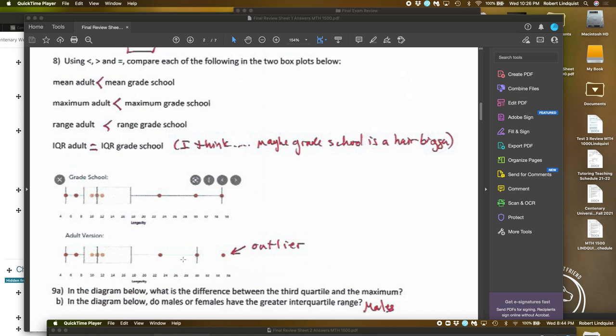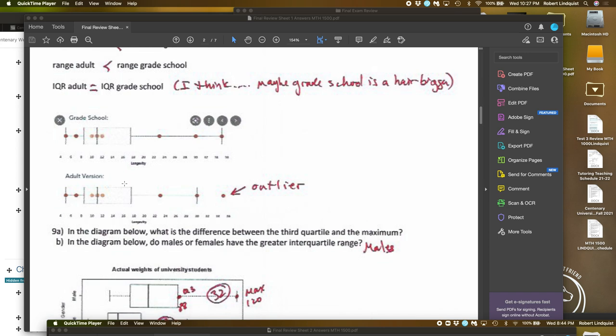Maximum adult is definitely lower than the maximum grade school. The range of the adult, that's from here to here, is definitely lower than the range of the grade school. And the interquartile range, boy, that looks pretty much about the same here in the two of them, so equals. Maybe grade school's a hair bigger, but I think they're both equal. And next up,